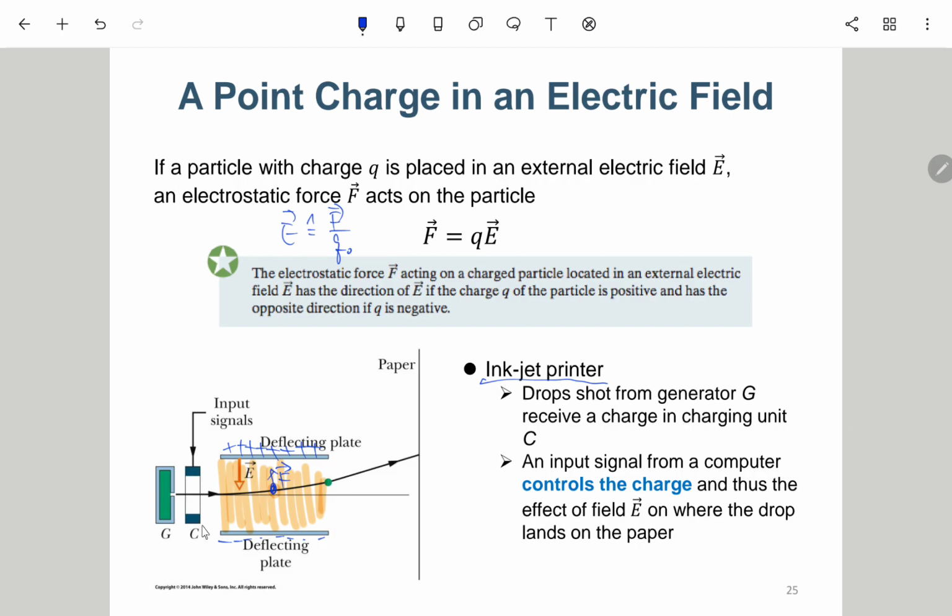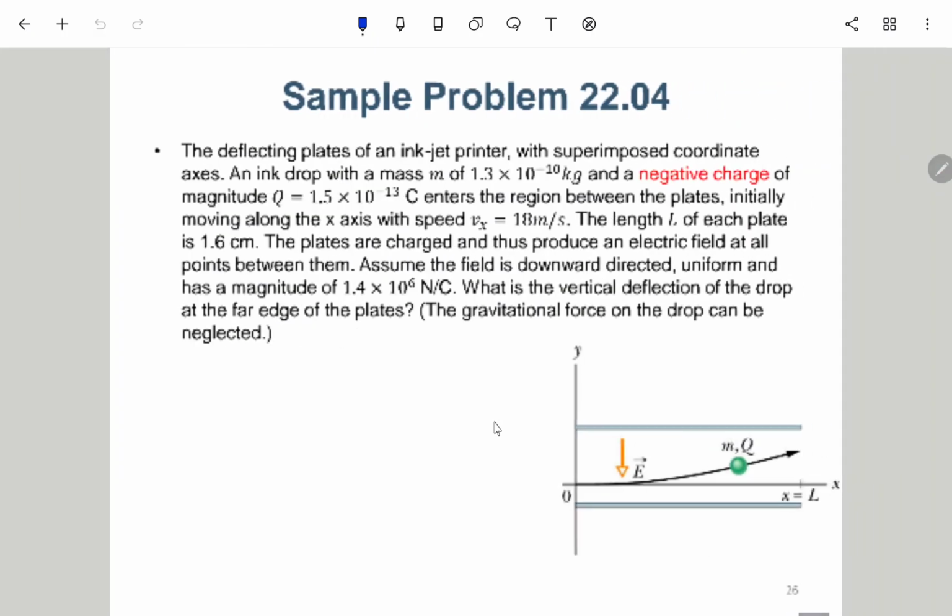This is the charging unit to add the charge on the ink, and then the input signal from a computer controls the charge, and thus the effect of the E field on where the drop lands on the paper. 就是它算好，就是加多少电荷，它就控制这点墨了，就是转到哪个位置。